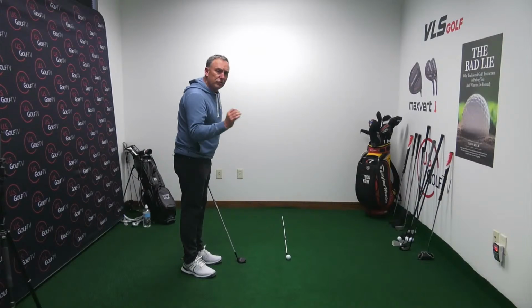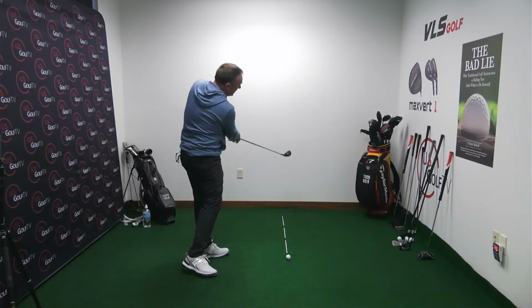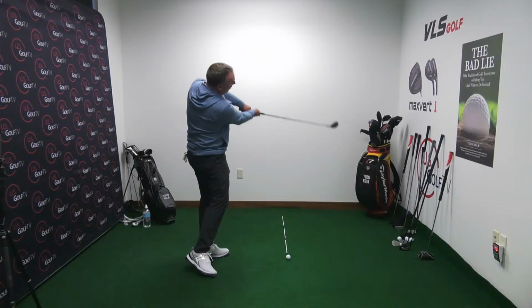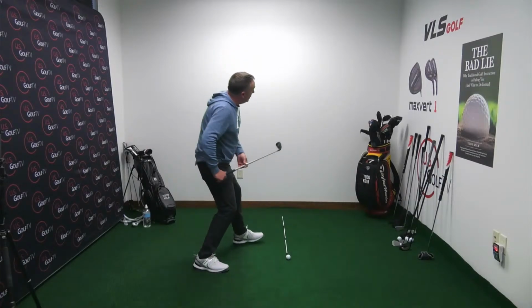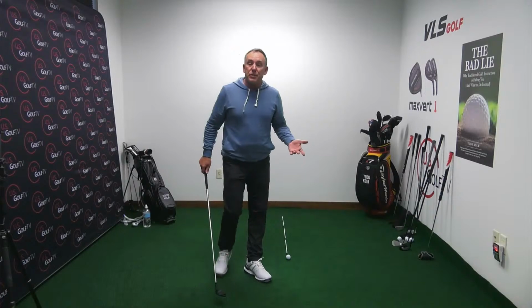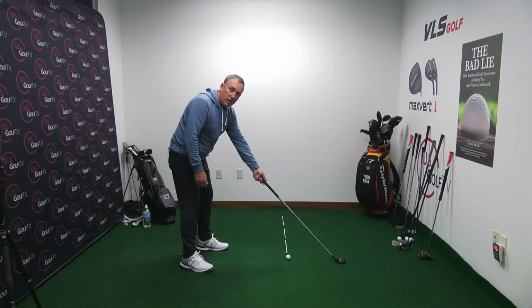The ideal direction is just ever so slightly northeast, just a little bit into out. You don't want to be swinging way into out. Now, why are we more prone to swinging the club too far into out or too far northeast with longer clubs? Well, because the longer and the further away you stand from the golf ball, okay, let